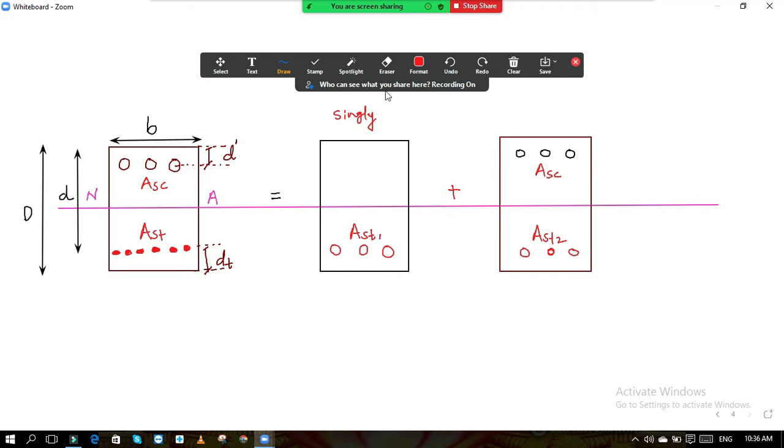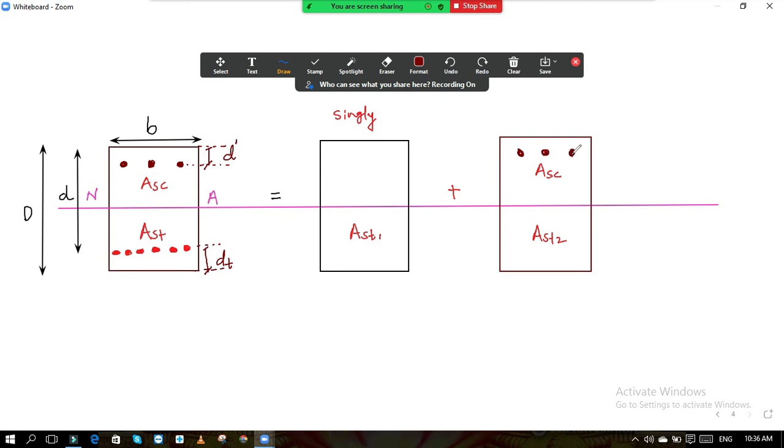Are you getting the point? Or shall I show the dots over here? Okay, so here also I can show in this way. So these are the bars which are at top. Okay, here also the same thing we can show. These are the three bars which are at top.